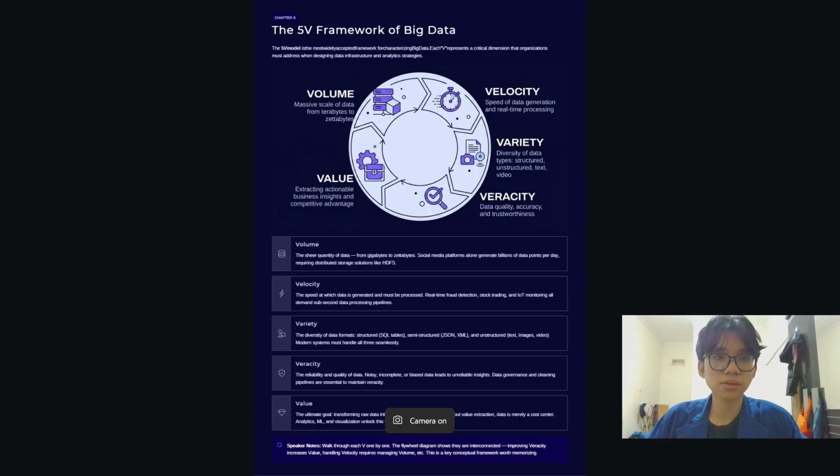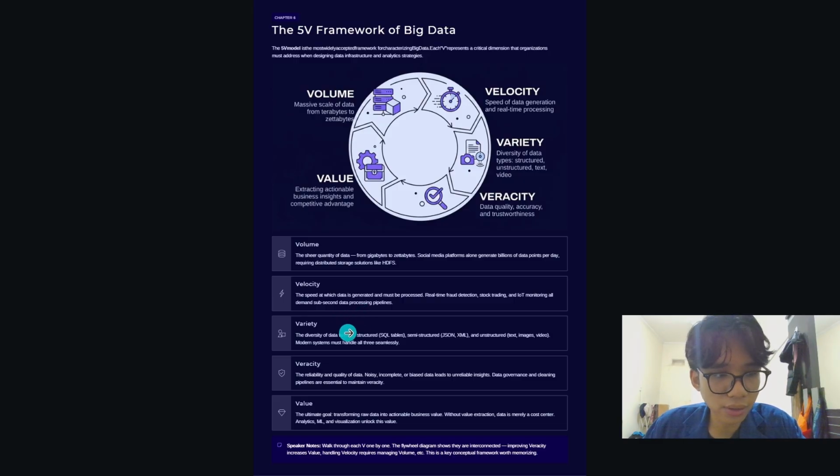All right, next, big data and the 5V framework. According to Mrs. Dina's explanation, big data is not only about large amounts of data, it's also about complexity and processing challenges. First is volume, the massive scale of data. Velocity, how fast data is generated and processed in real time.